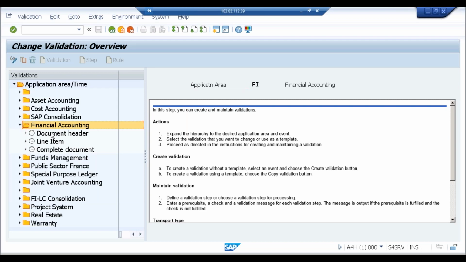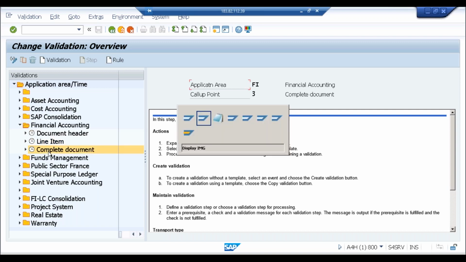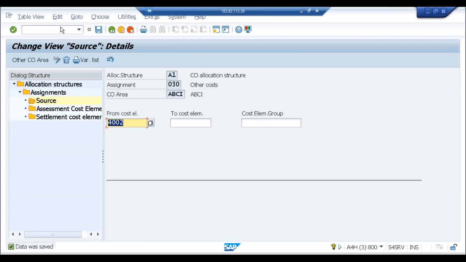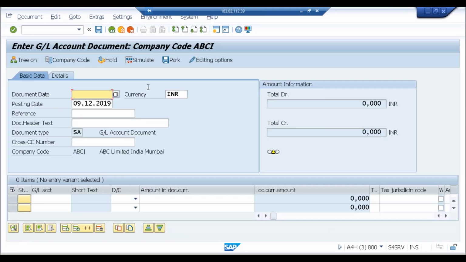okay, and within this financial accounting, you can see document header, you can see line item, and you can see the complete document. So in this particular case, the requirement that I told you, if I am in transaction FB50, what is this? Because I want to put the validation on this field, document header text. So can you tell me